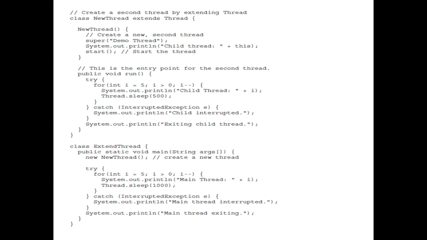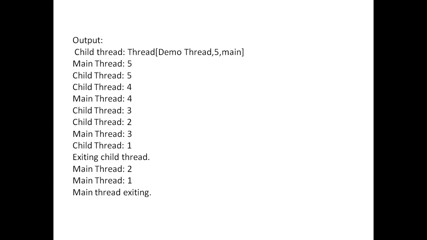So once it calls the run method, it is going to display your child thread task values, whatever you have defined in the function. Then you have given one more task to the main thread, nothing but displaying the values from 5 to 1 again by telling the thread to sleep for 1 second. So now if you see, the output of the program is the same as before. Only the way of calling the program is different.